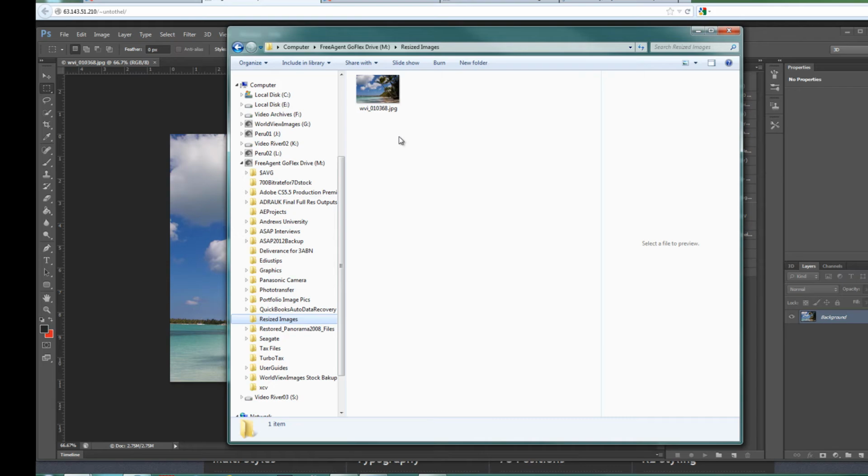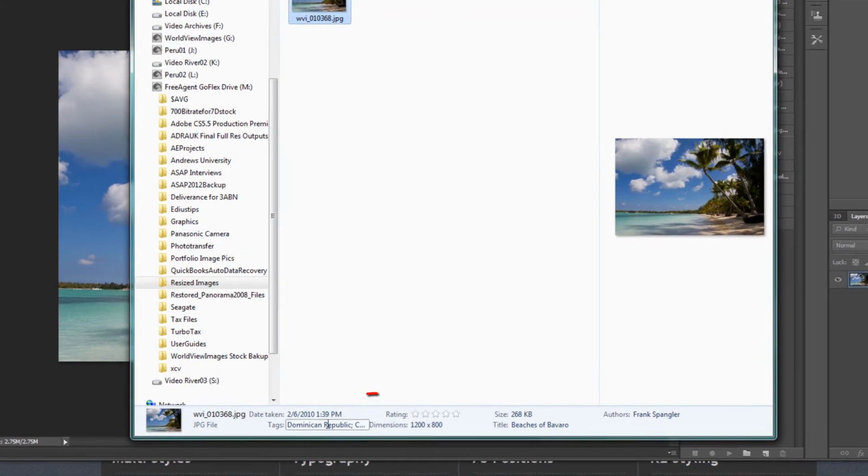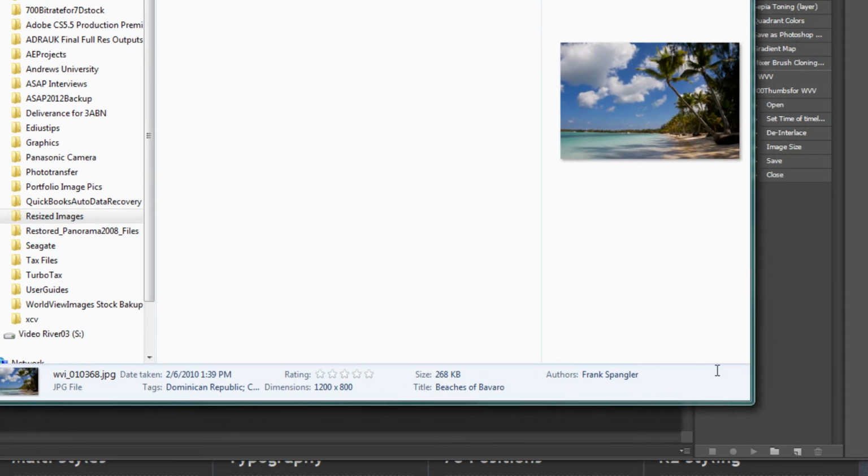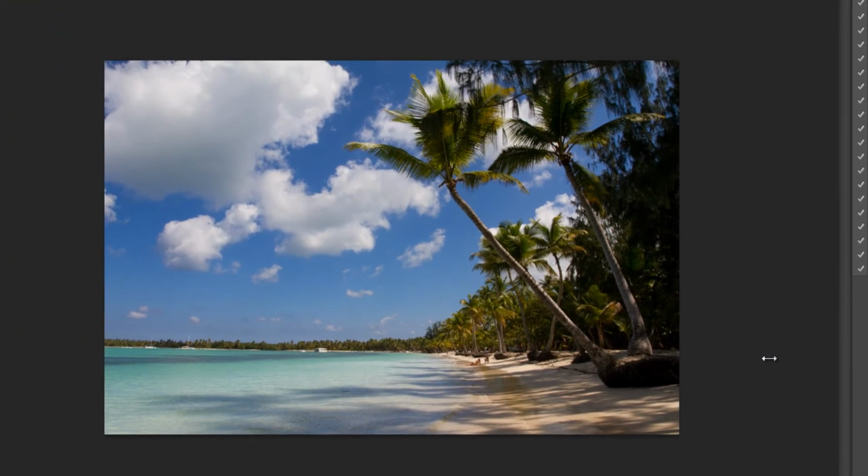Okay, so images. If we just click on it once, all of the file information will show up here at the bottom of our Windows Explorer panel if you're using Windows. Here we can see that we now have dimensions of 1200 by 800, and it also gives us a file size. But this is a rather large image to display on your website. You normally wouldn't have an image this size showing by default. You might set up a situation where people can click on a thumbnail and have a pop-up come to the screen that's this size. But the displaying size that people see when they go to your website would normally be